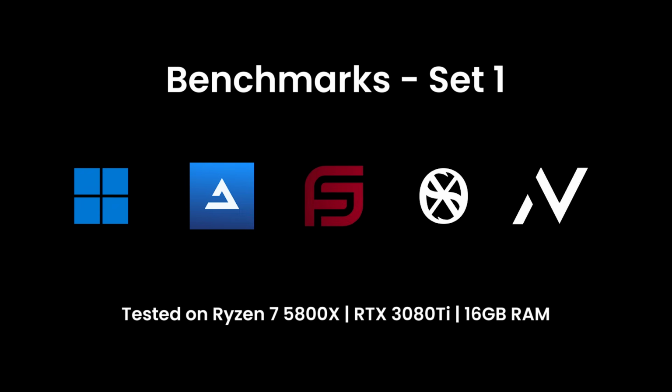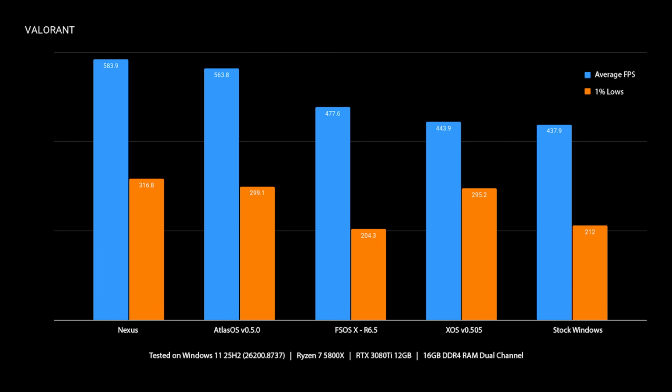Now, let's talk performance. These benchmarks were run independently by our beta testers, not by us, across 4 different titles, comparing stock Windows against AtlasOS, FSOS, XOS, and Nexus. All tests on the same hardware. On Valorant, stock Windows had 437 average frames per second, with 212 on the 1% lows. When compared to the others, Nexus leads on both with a 33.3% improvement in average FPS and 41% improvement in the